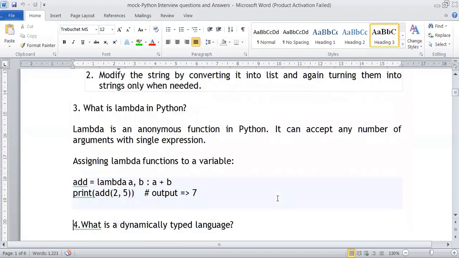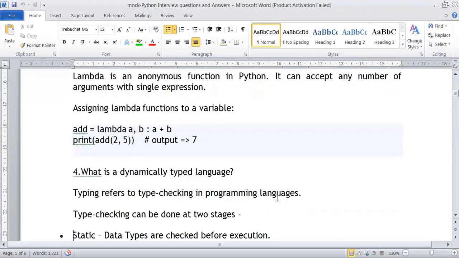The third question, what is lambda in Python? Lambda is an anonymous function. This function helps us perform any expression that is given by the user. It accepts any number of arguments, so we can do any operation with the help of this lambda function. We have to give the keyword lambda and the parameters, after that a colon, and then our expression. It will be stored in an identifier, and if we call the identifier with the actual parameters, the function will be performed. So that is the lambda.